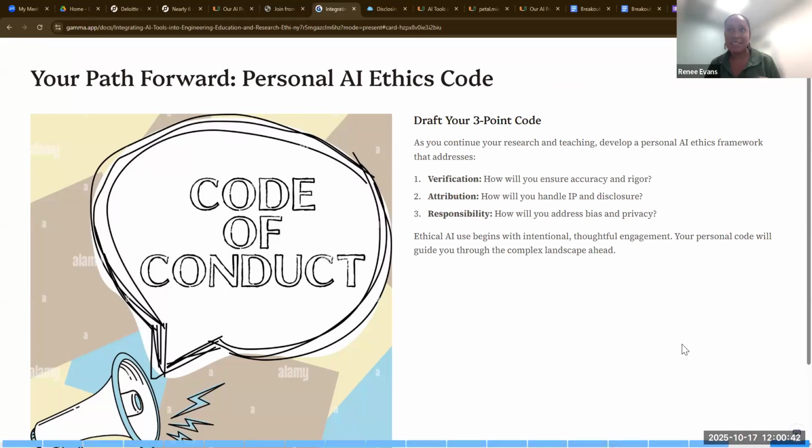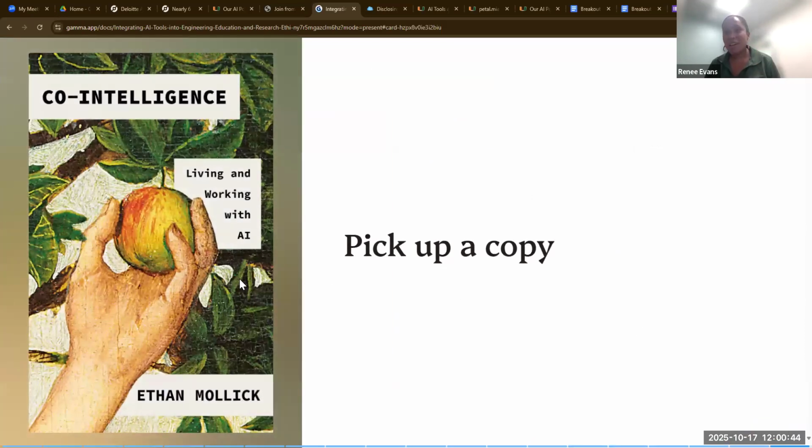And for our final slide, if you do not have a copy of this book, I have many copies here in my office, called Co-Intelligence, Living and Working with AI by Ethan Mollick. And he kind of approaches the use of AI as more of a collaborator, like an assistant almost.